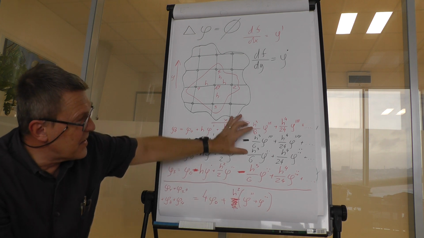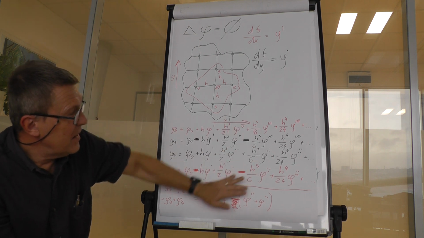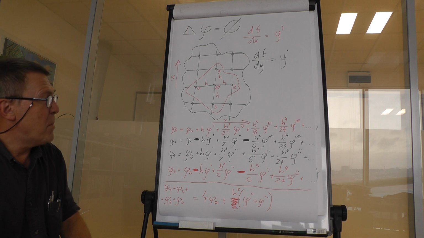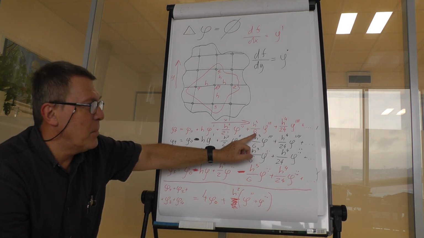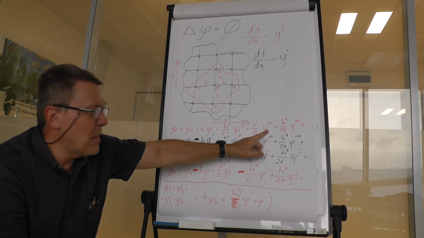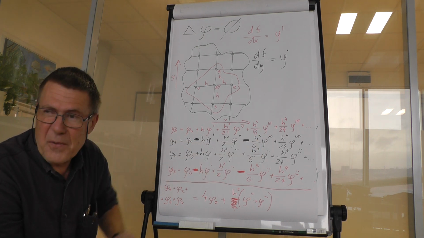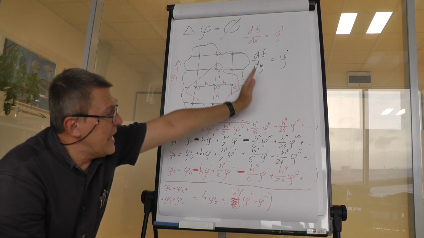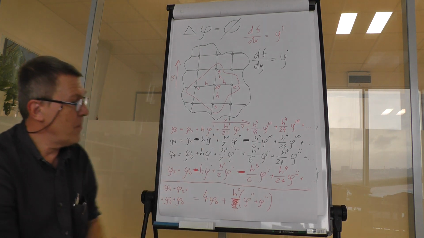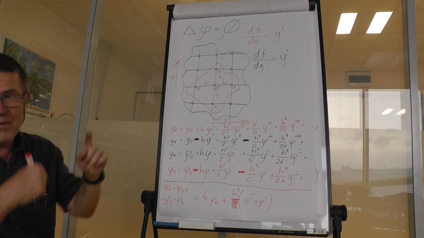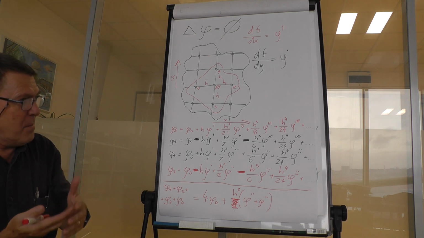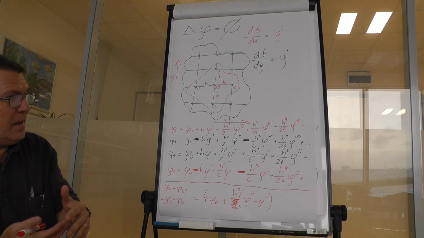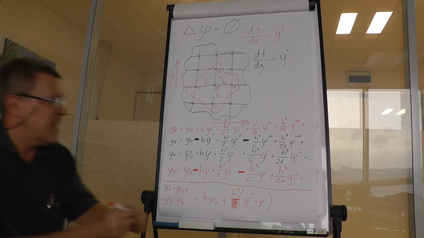Plus and minus the same member in the equation, that is h squared divided by 6 multiplied by the third derivative. So this again vanishes. And we have some remains, something that remains in the equation, and that is